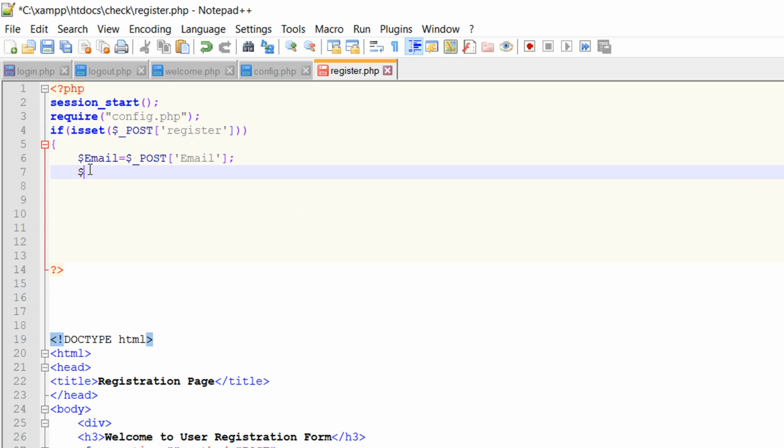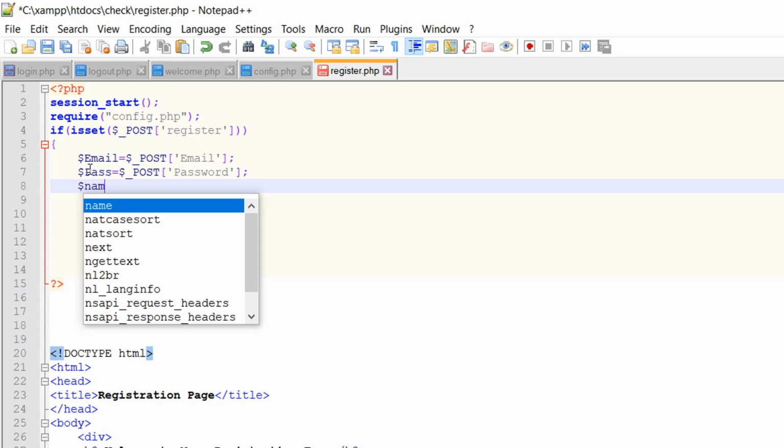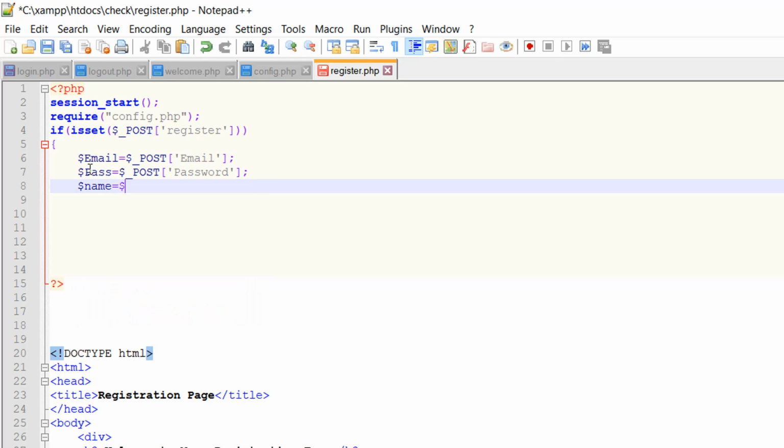Then email, and then password. Okay, password, and underscore post, then in this password, and one more thing, that is the name. So name equals to underscore post